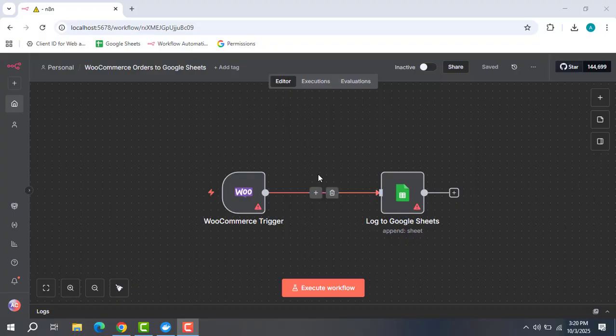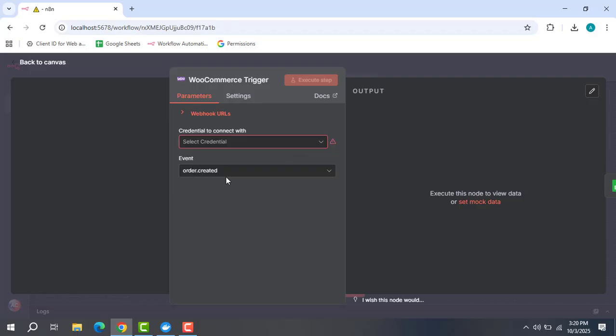Let's start the workflow. First, you have the node WooCommerce trigger. Its purpose is to start the workflow whenever a new order is placed on WooCommerce. You see the event order.created. On authentication, you'll put your WooCommerce API key, the consumer key plus the consumer secret. The output fields will be the order ID, the date, the customer name, the email, the product, the quantity, and the total payment method. After that, you'll have the node Google Sheets